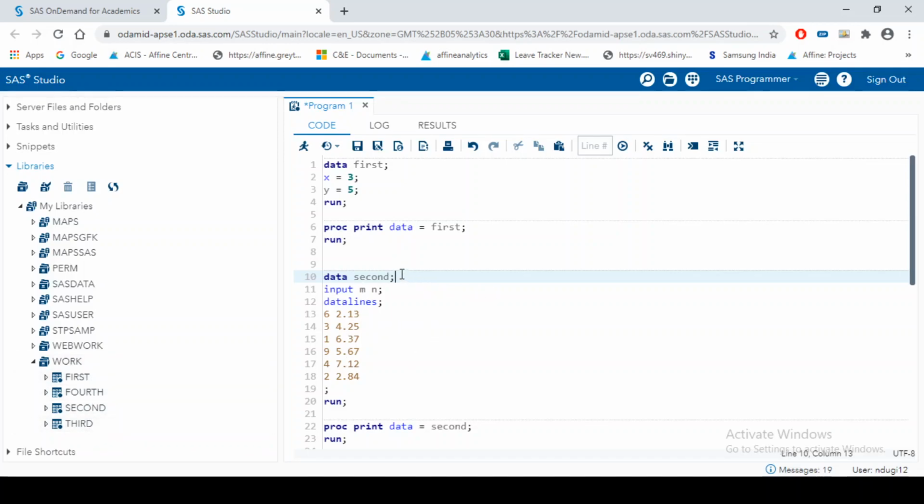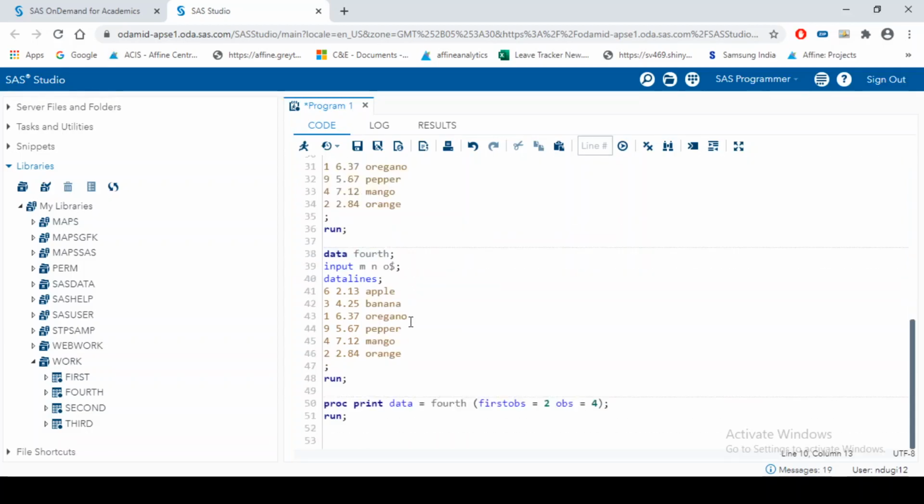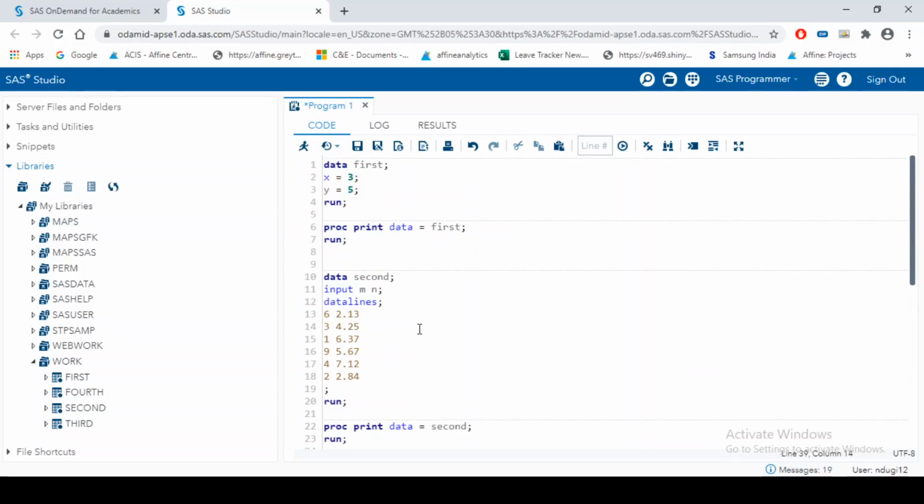If we create a permanent library, then whenever we open another session, that library exists and you will have all the datasets that were created there. We will see in the next video how we can create a permanent library and how we can define the length of these categorical variables. All those details we will cover in the next video.